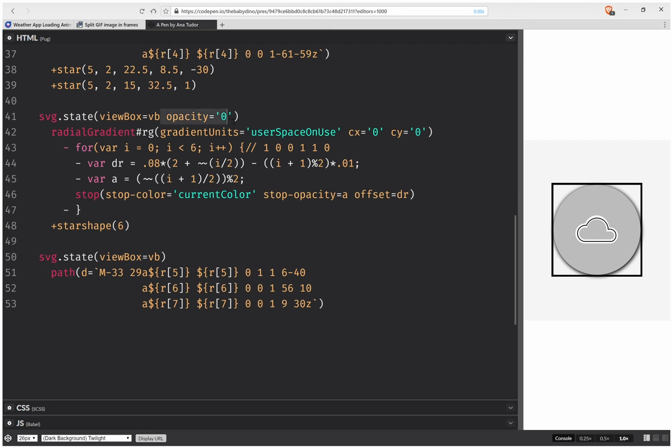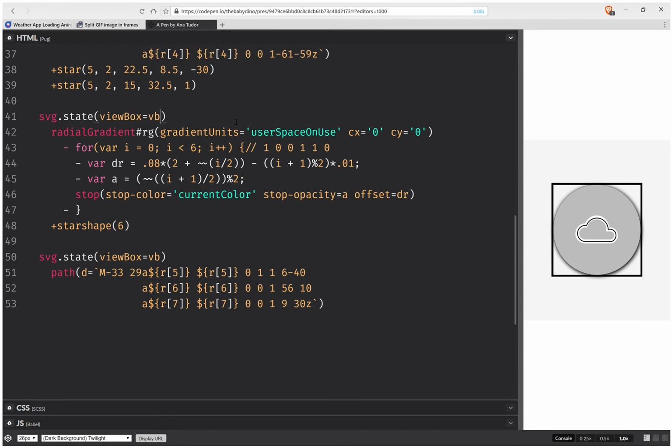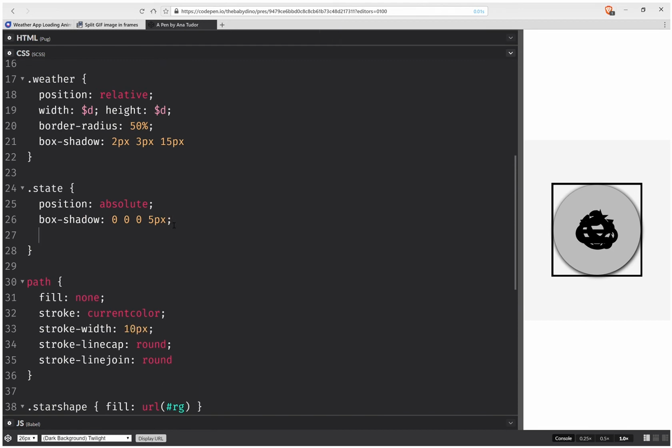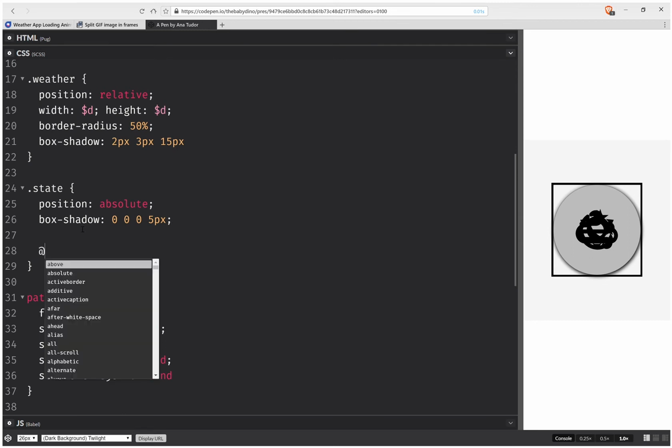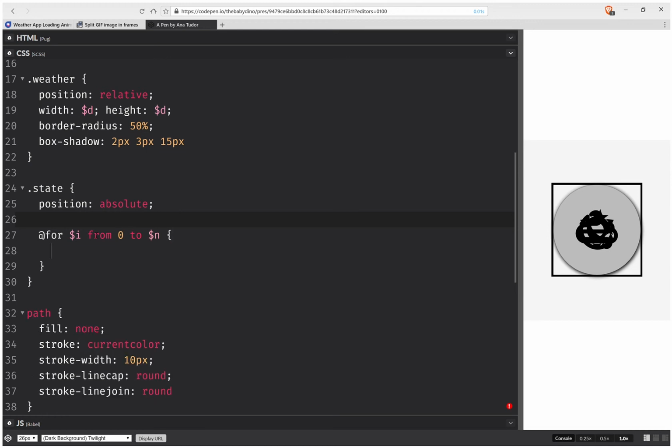I'm just going to remove these opacities here, just replace them with nothing. And once I've done this, I'm going to change the stroke here back to 10. And I'm going to loop here within the states. Actually, I'm going to remove this box shadow. And I'm going to have for i from 0 to n, number of states, nth child, and I'm going to set a different background, i plus 1,